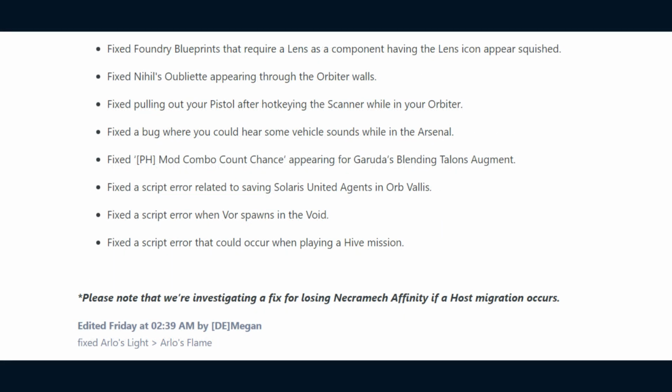They fixed the Foundry blueprints that require a lens as a component, having the lens icon appear squished. They fixed Nihil's Upiat appearing through the orbiter walls. They fixed pulling out your pistol after hotkeying the scanner while in your orbiter,